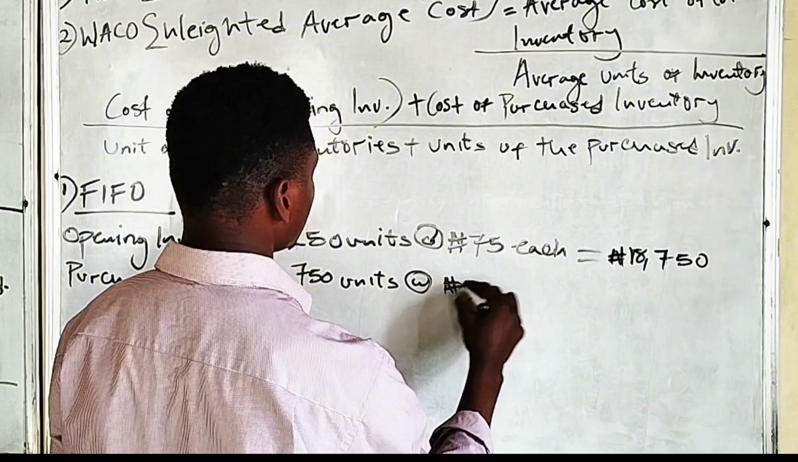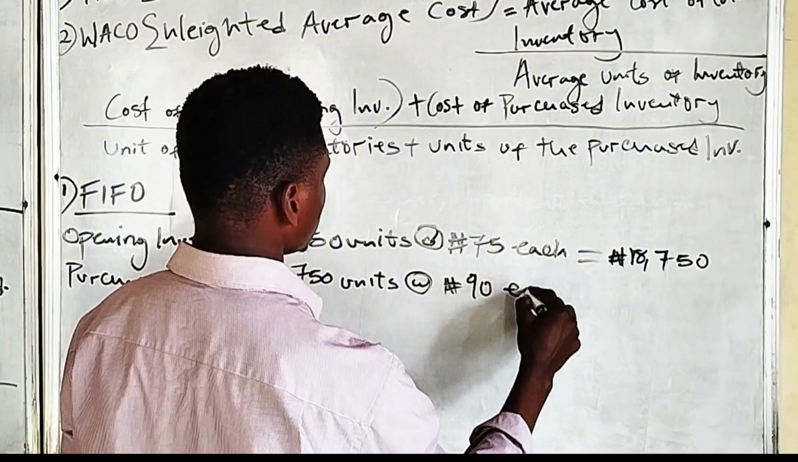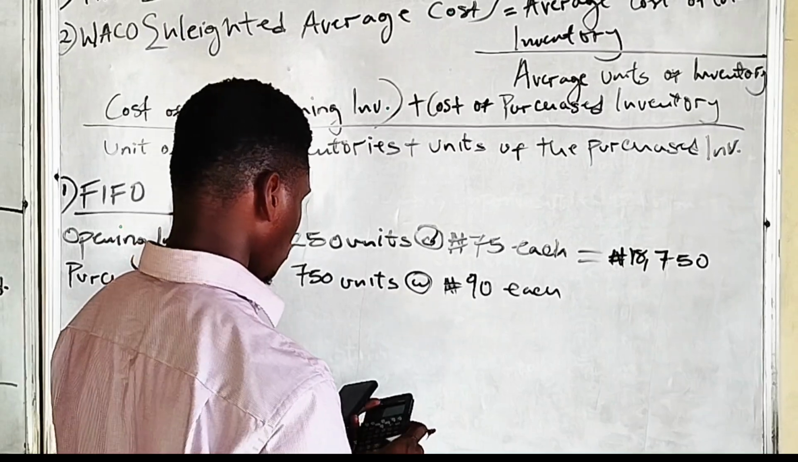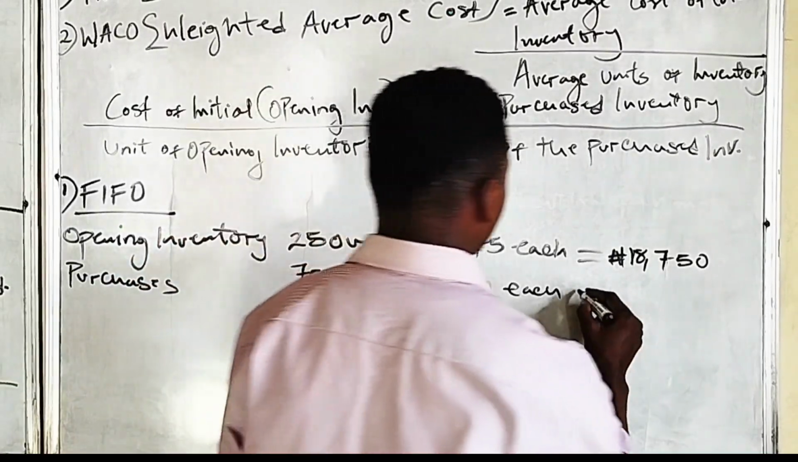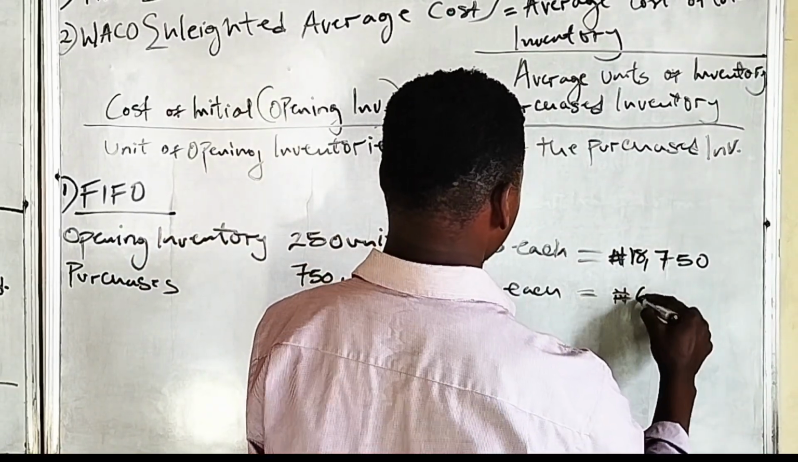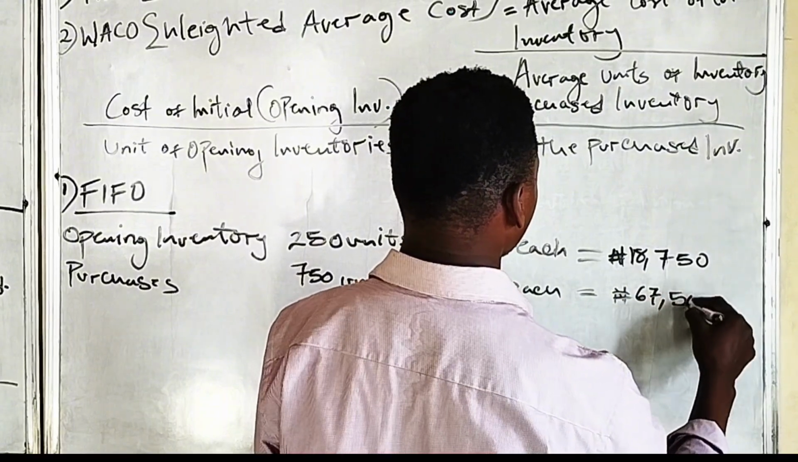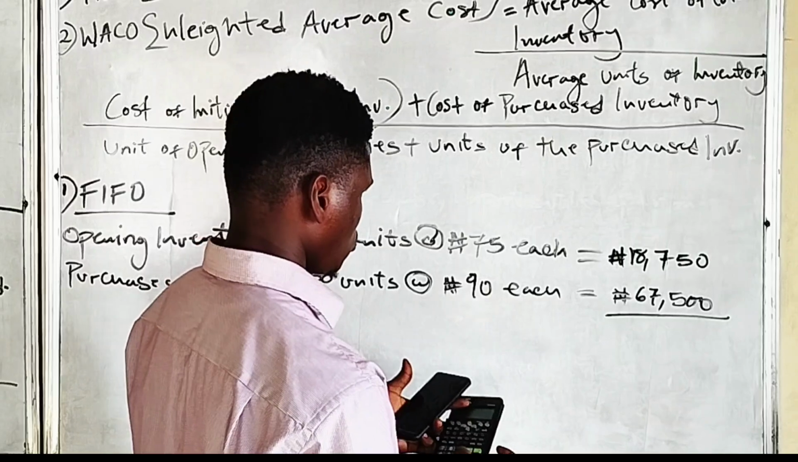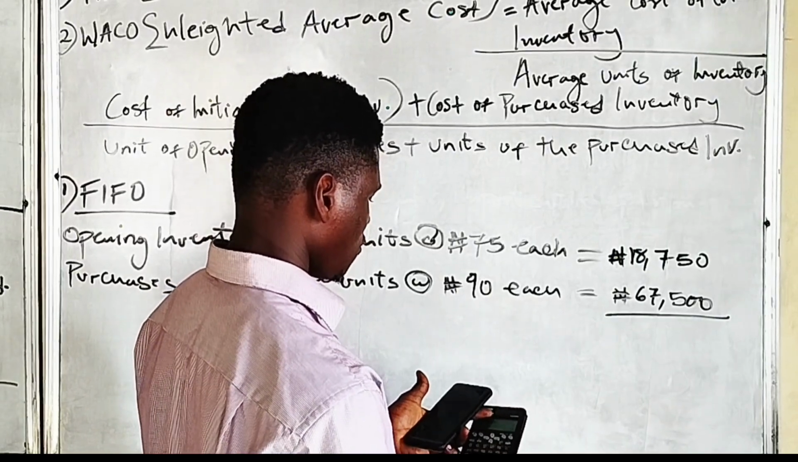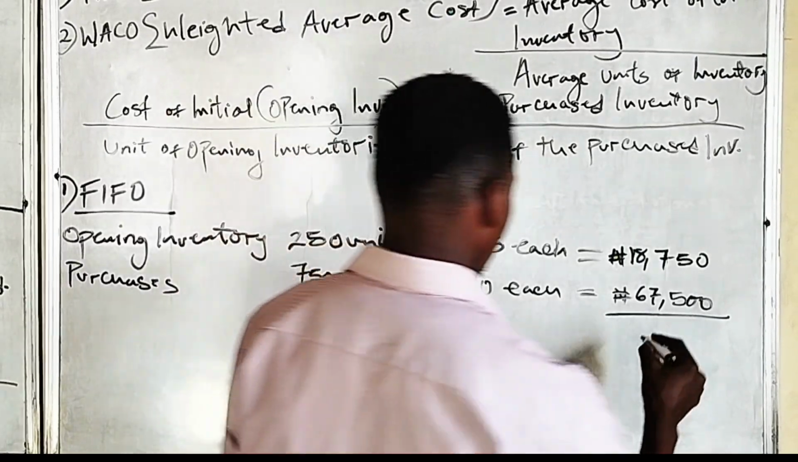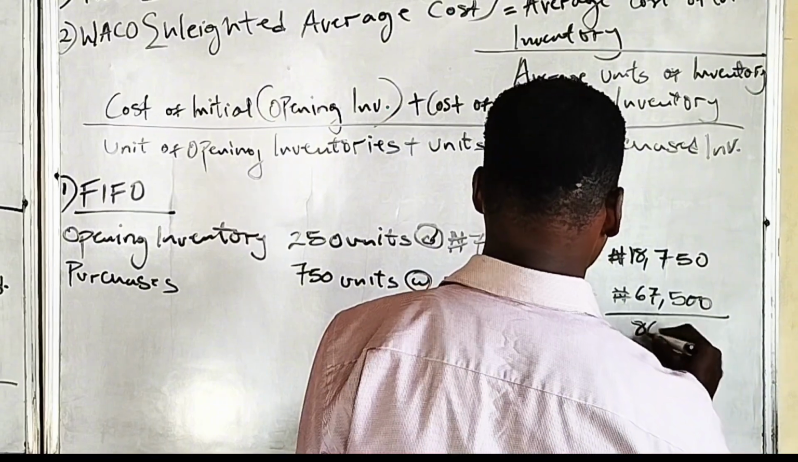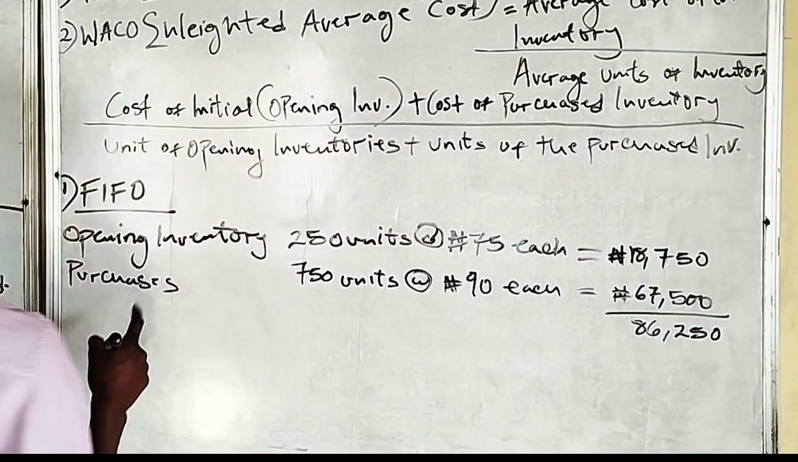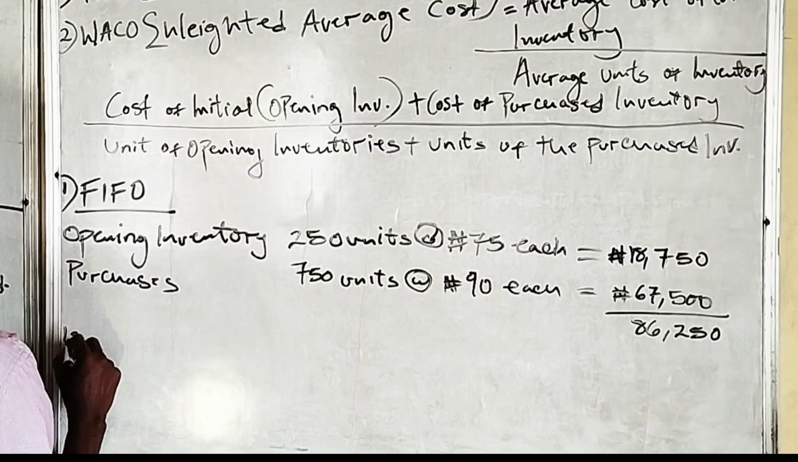at 90 naira. So that will be 90 multiplied by 750, which is 67,500, making a total of 67,500 plus 18,750. We have 86,250. This is the balance before issue. That's the balance. So we issued